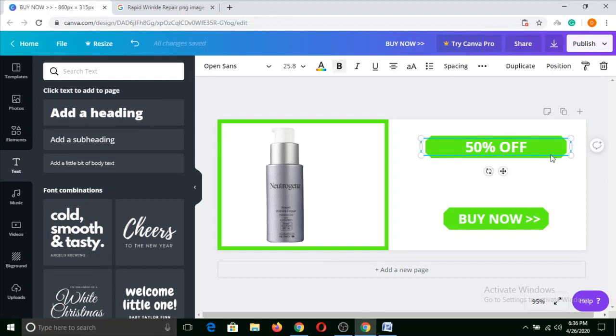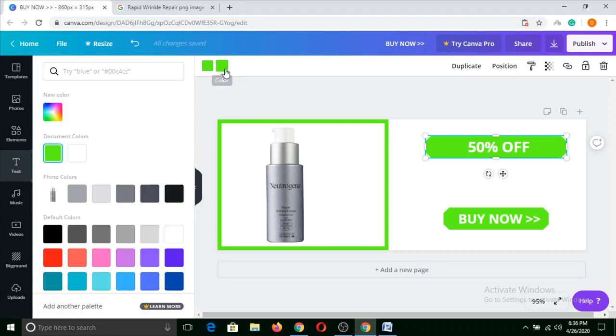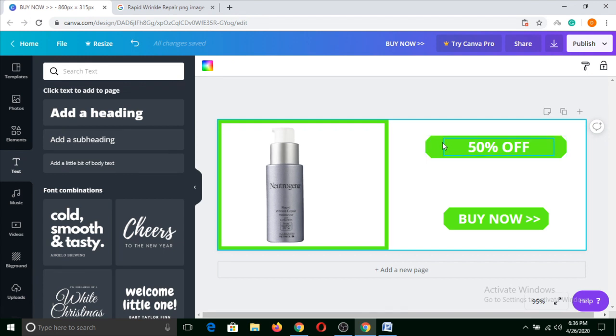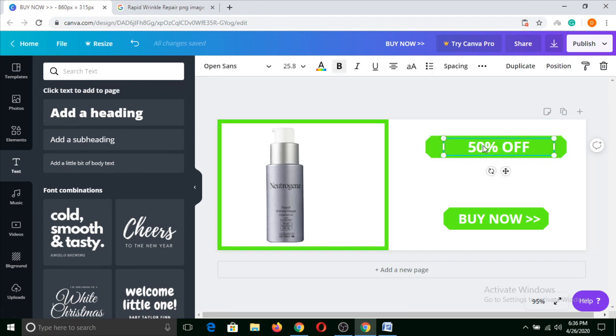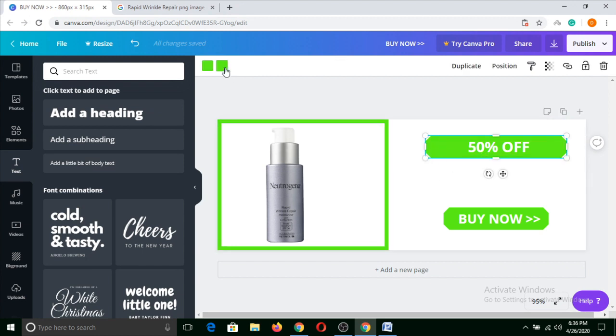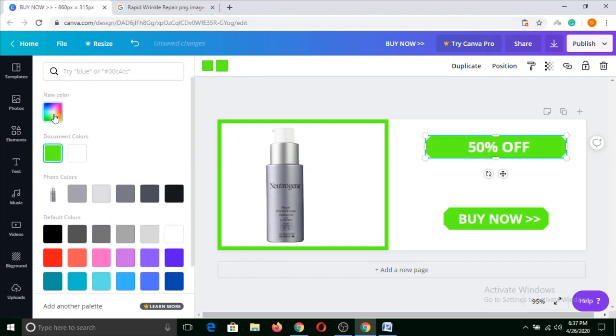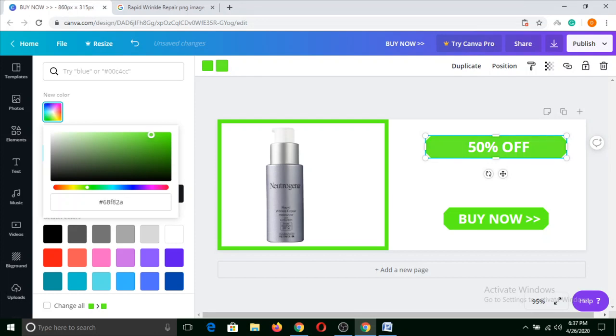So what I want to do now is change the color of this. You can change the color in both places. Just click here. We selected the image right now, but we need to select this. So we'll click here and we'll change the color to something maybe green, or maybe orange, or maybe yellow, but I will reduce the color a little bit.